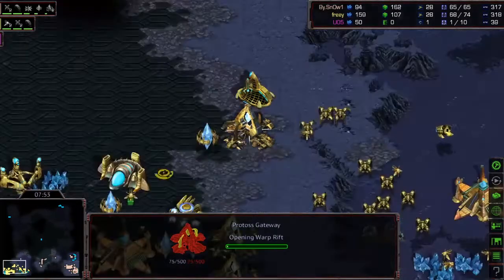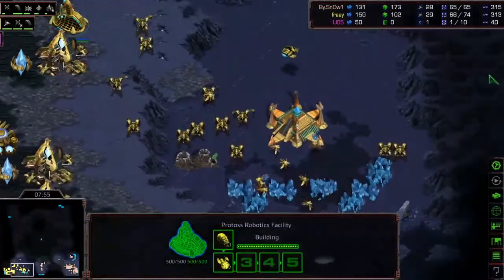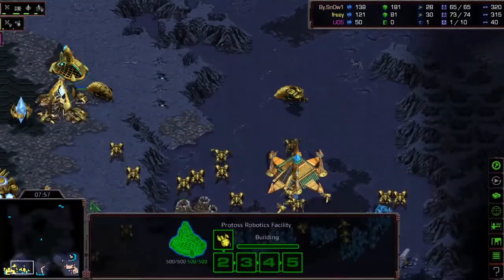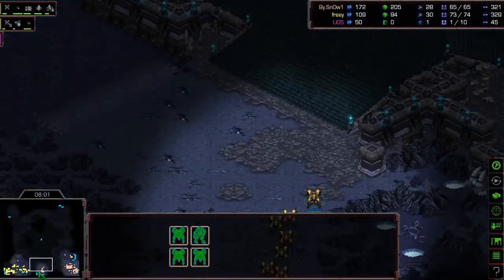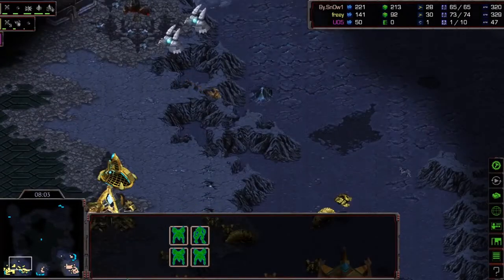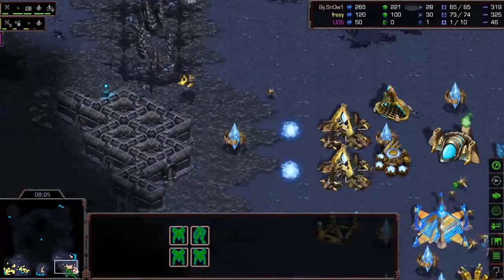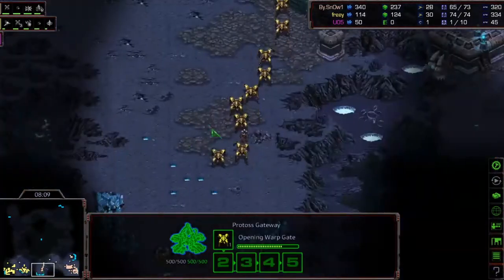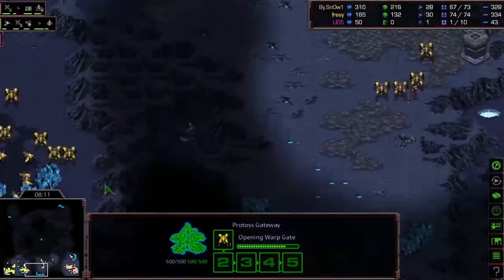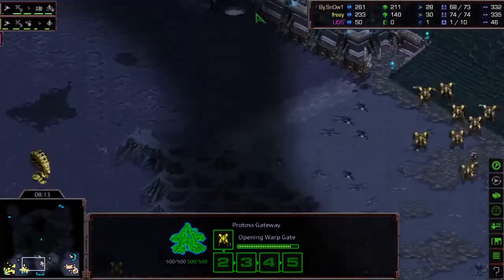Snow going up to 4 gateways. Free is already on 3. There's a second Reaver, and he's making another Observer, leaving the Dragoons here to pick off any shuttle heading in that direction. He went back to pick up the second Reaver, makes sense. And he left a Dragoon aggressively placed, so he would catch a shuttle or